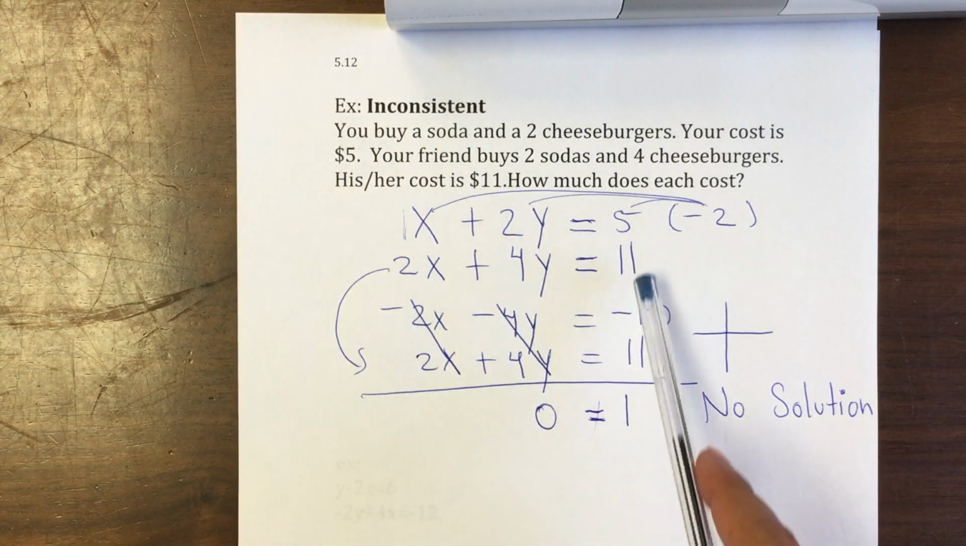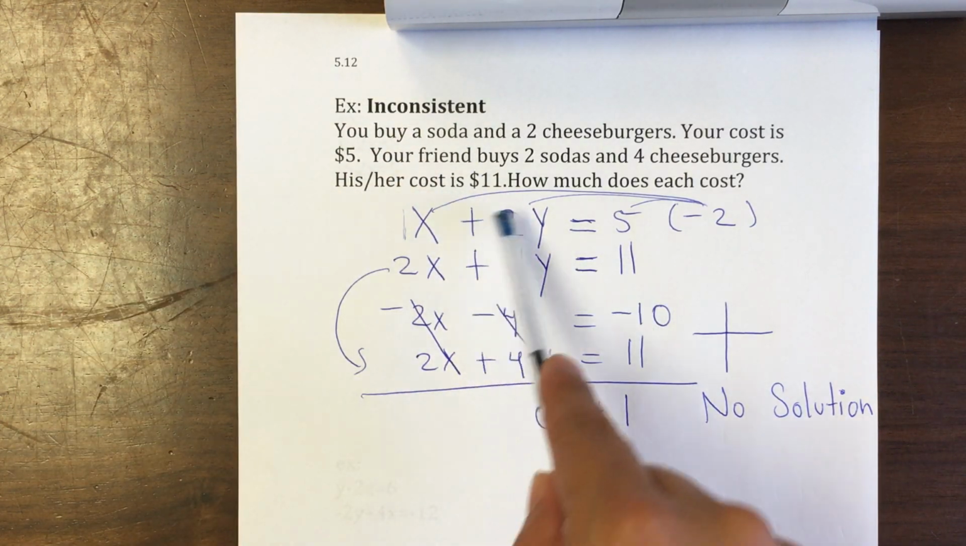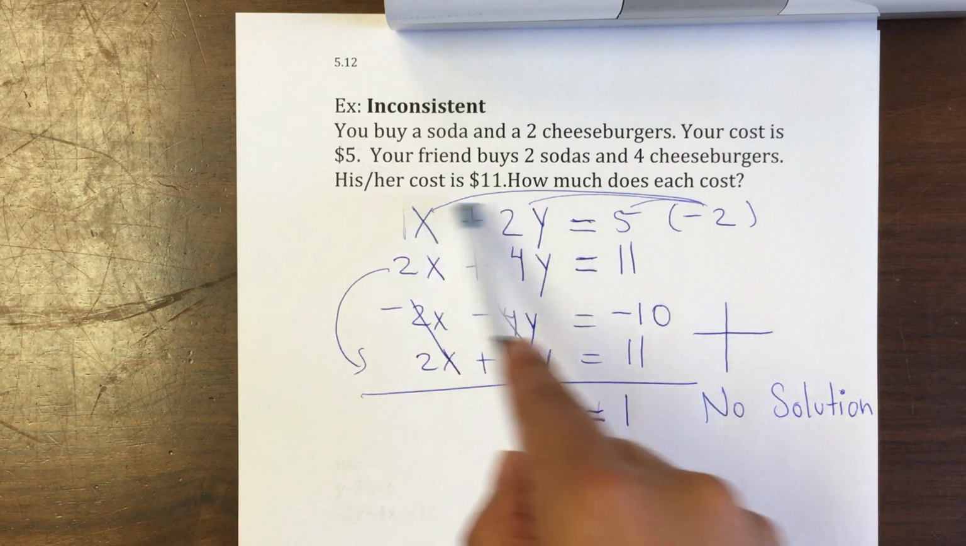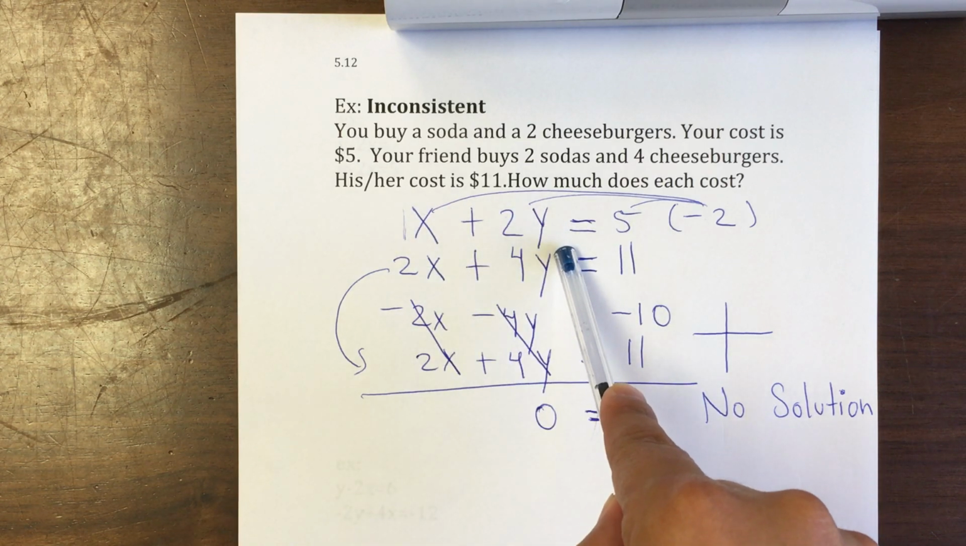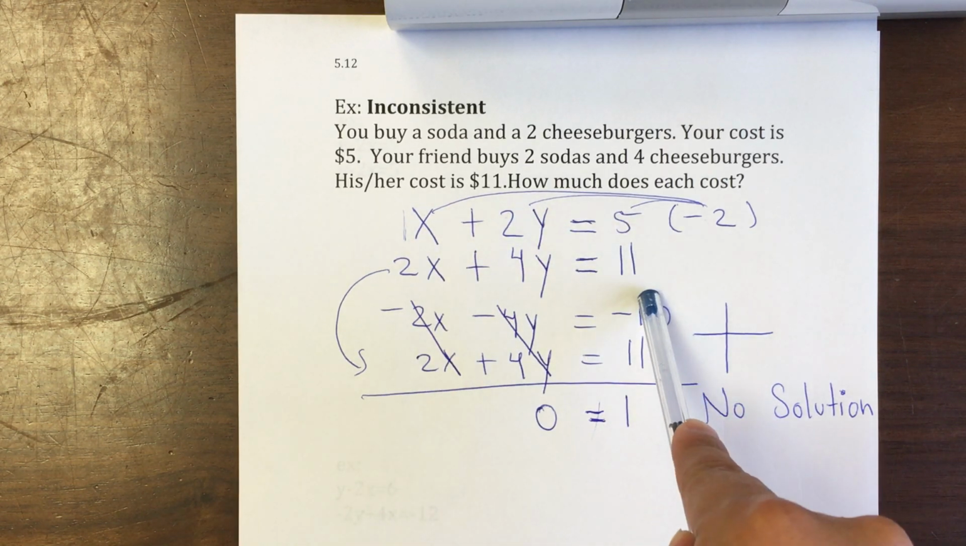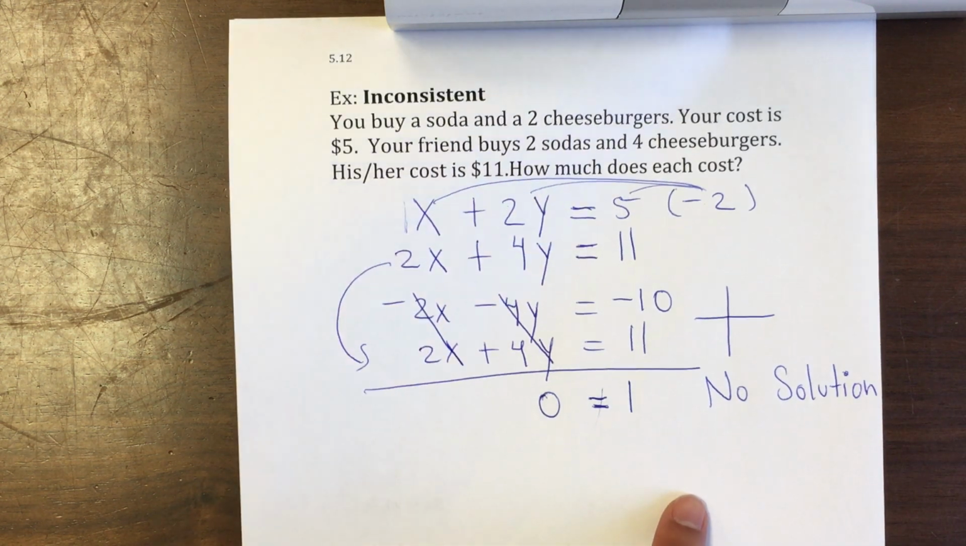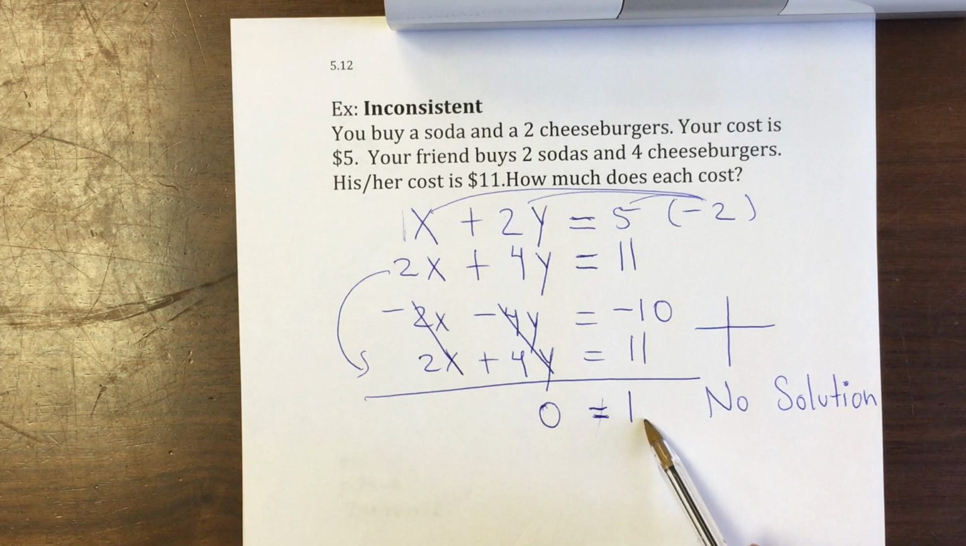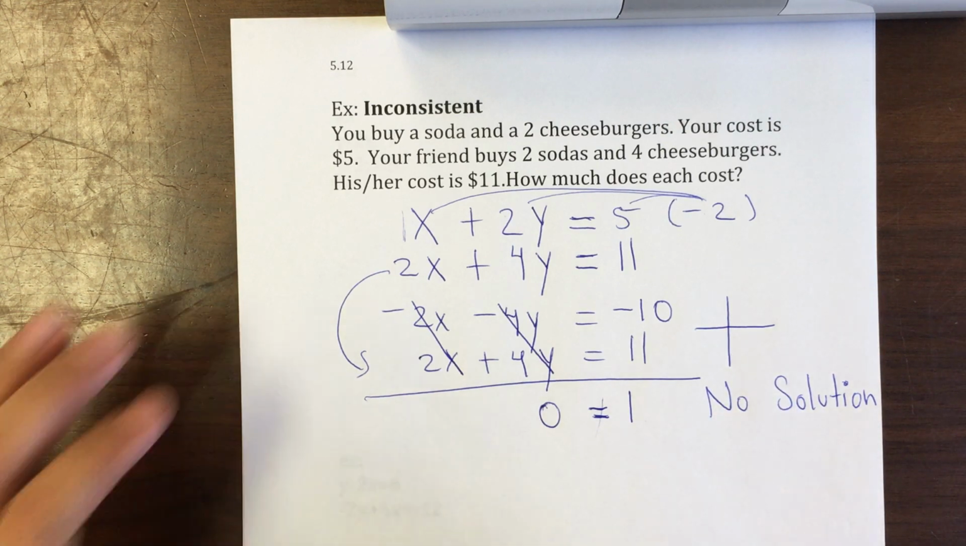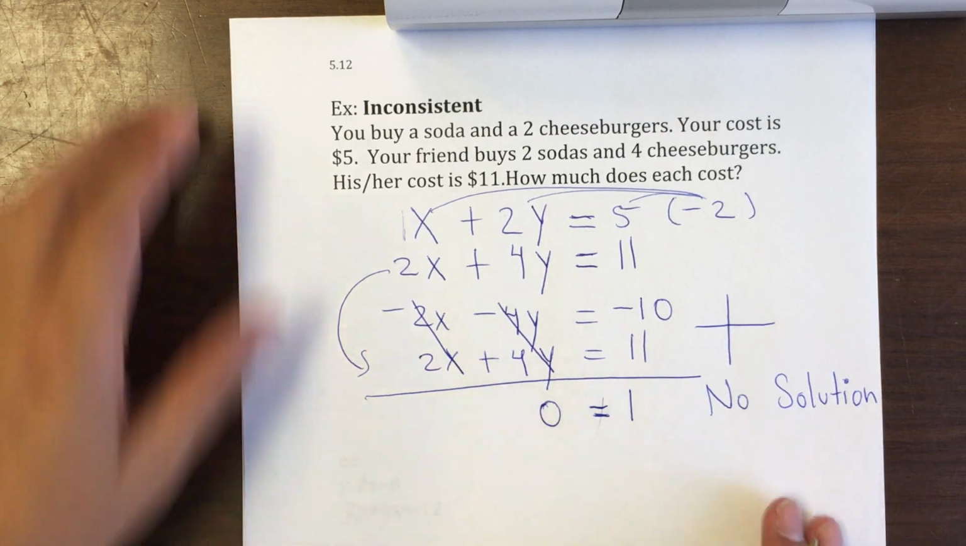I mean, what you pay for double the amount of the same items is not double. The price is not double. So it's inconsistent. And therefore, we say that there is no solution. If we were to graph this,